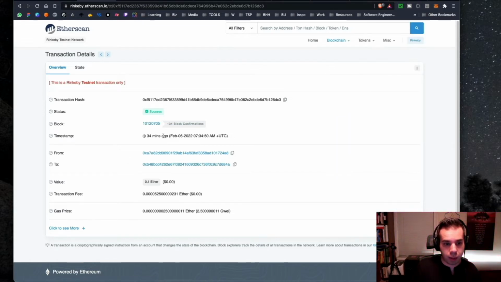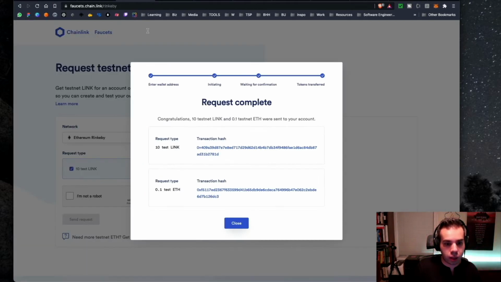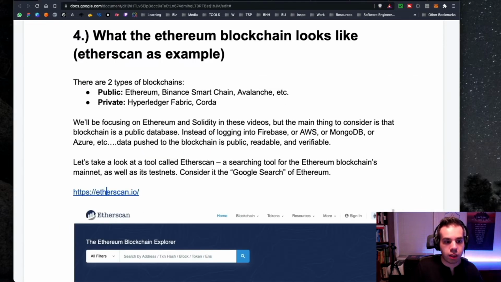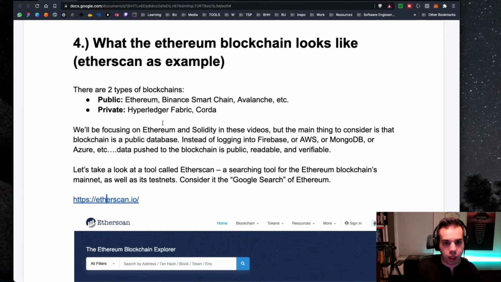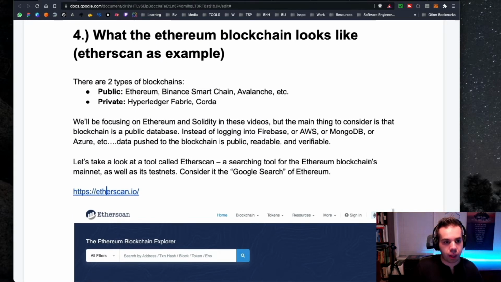And this, of course, happened a little while ago, but I'm able to even see the number of blocks minted since this transaction, see that it was a success, also see the transaction hash, and those are the same as what numbers come up here. So just a pretty cool way to see how you're able to scan information on the blockchain and know that certain things are happening in real time and as they have happened as well.